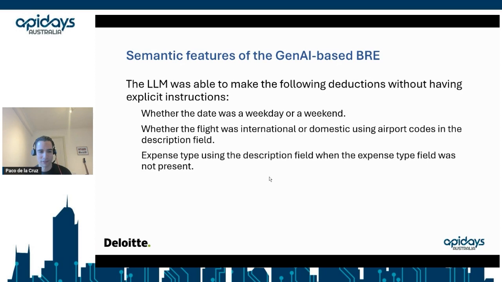I never had to create a lookup table of airport codes saying this airport code is in this country to realize if it's international, national, or domestic, right? And it was able to deduce also the expense type using the description field. So it uses some kind of semi-structured data, supporting the meaning of that open description field. And while I didn't put it here, it was also able to make some mapping features as well, right? So map the expense ID in the output.